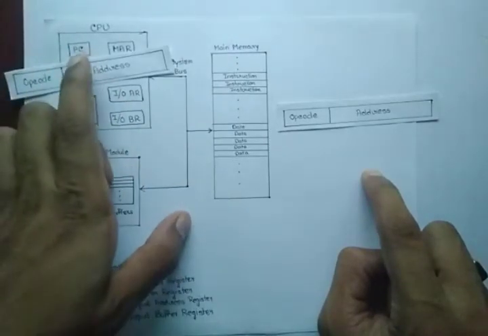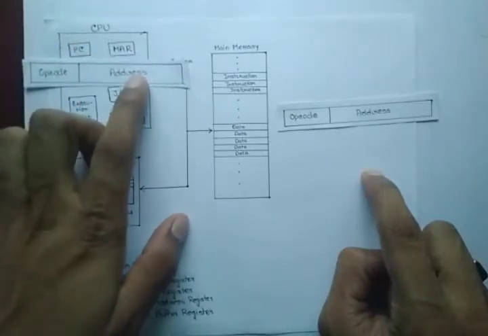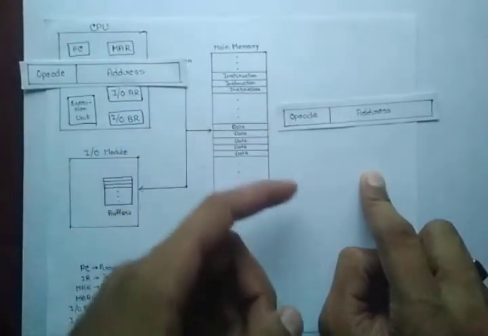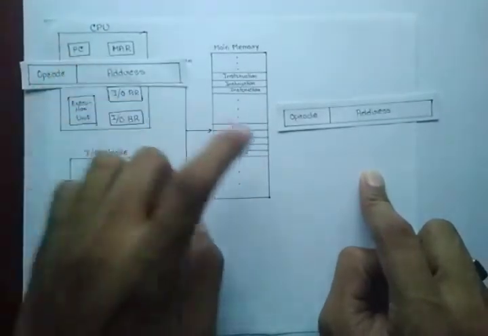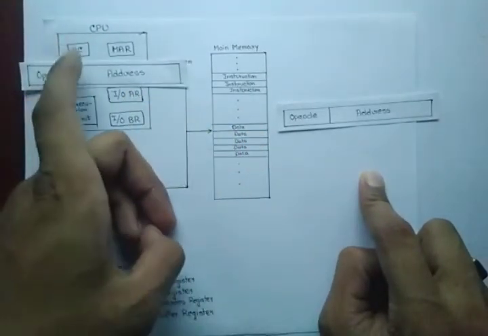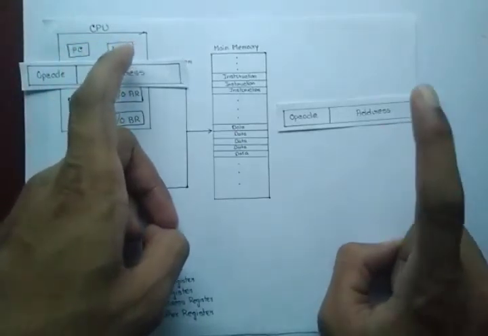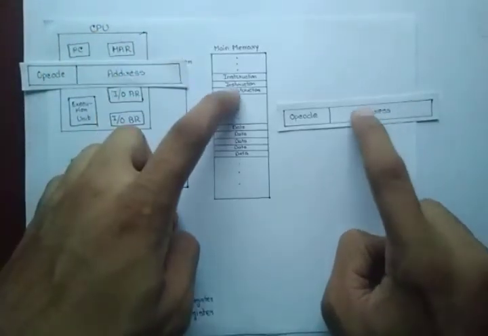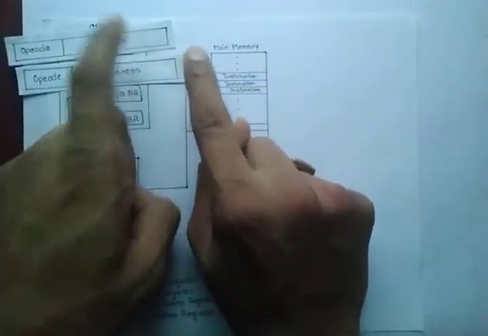As you can see, this program counter is free right now, so it will quickly check whether any next instruction is there inside the main memory. It sees that one instruction is there, so it will go to the MAR and get the address of that particular instruction, which is this one, go to that address, get that instruction from there, and load it onto it. Okay, now let's move on to the execution.